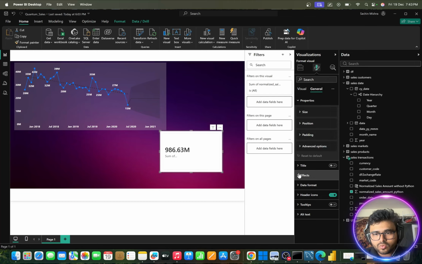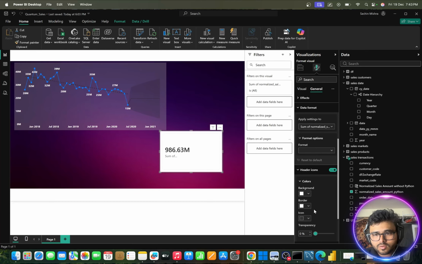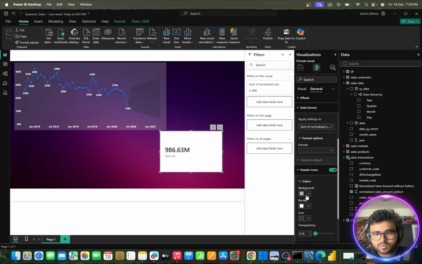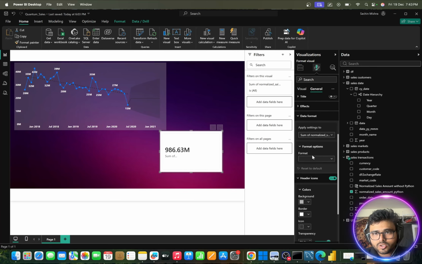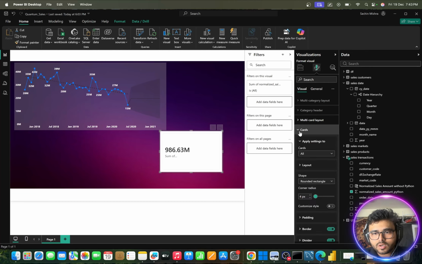Let's go to title, is already off, data format is fine, header icon, let's change this one, and what else, we have the visuals, cards,